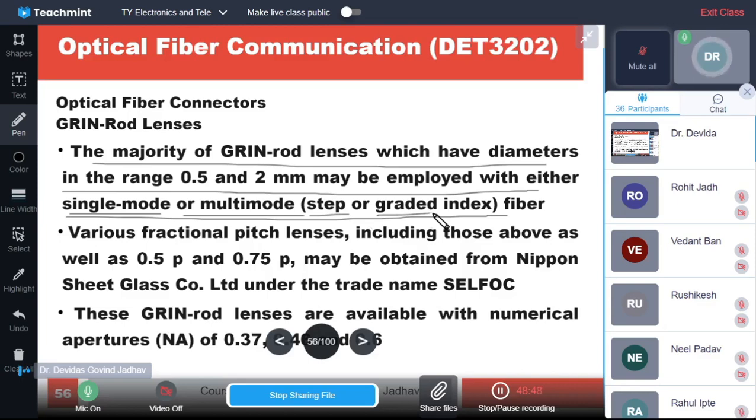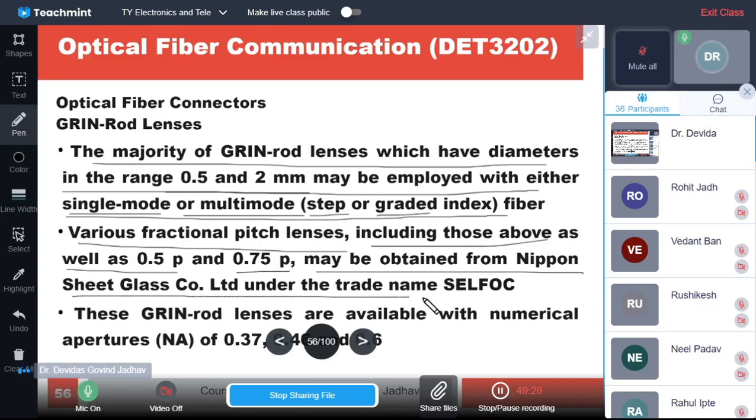For all four types of fibers, it can be employed, and it can range from 0.5 mm to 2 mm, which is very large compared to the fiber dimension. As we know, the 0.25 pitch, 0.23 pitch, and 0.29 pitch lenses we have just seen. Various fractional pitch lenses are available, including those above. 0.5 pitch and 0.75 pitch are also there, obtained from the Nippon Sheet Glass Company Limited under the trade name